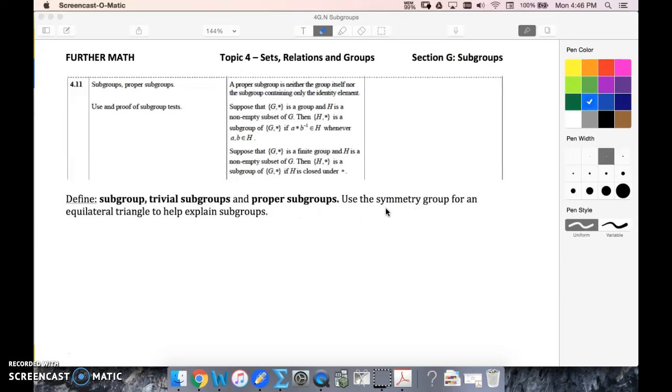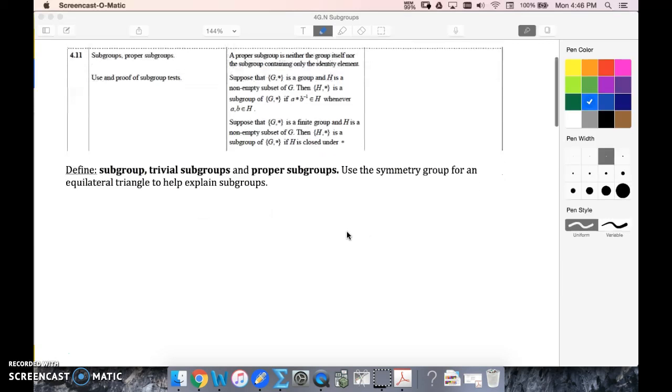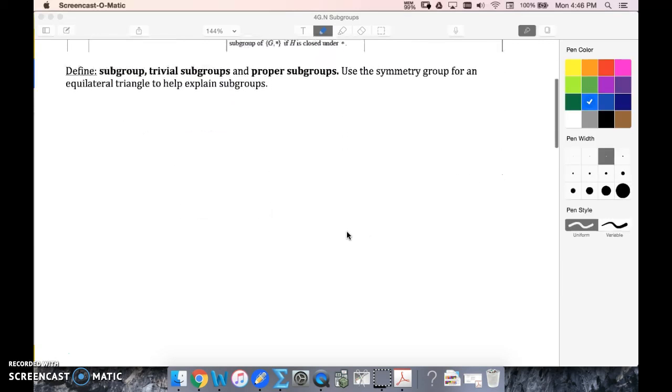And we're going to look at the symmetry group for an equilateral triangle to help explain subgroups. So you might remember for an equilateral triangle, that's our dihedral 3 group. And remember, for an equilateral triangle, we had 3 different rotations that made symmetry, and we also had 3 different reflections. So we could think of our